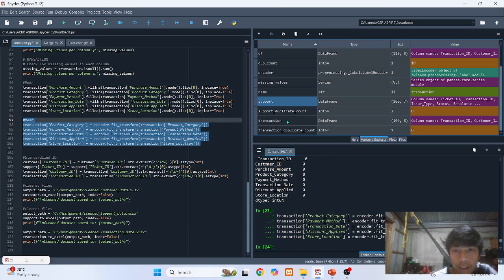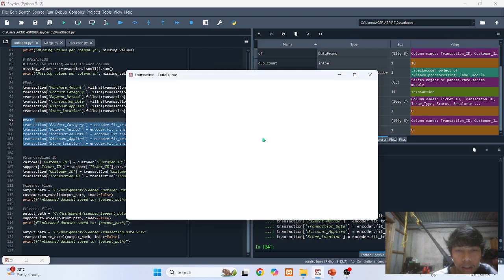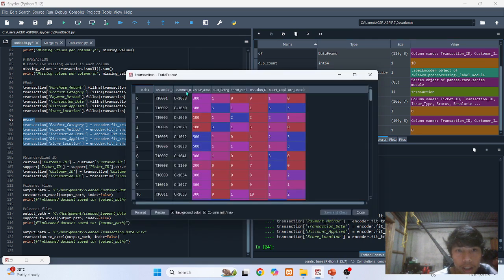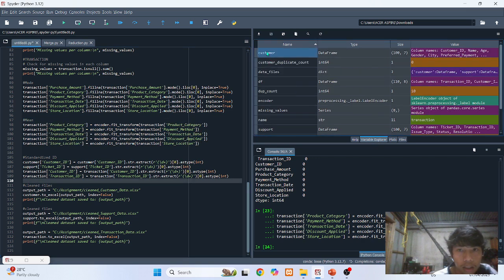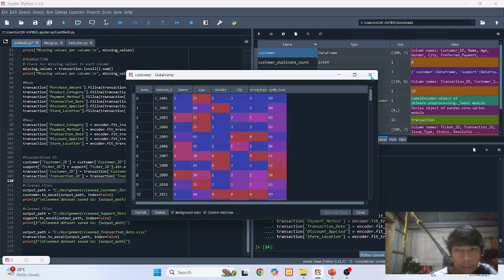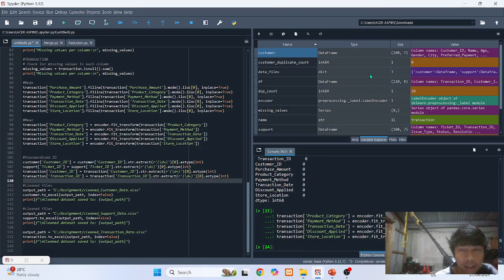And also in the transaction, the transaction ID and the customer ID are categorical. So we need to make the primary keys of all the datasets uniform in order for us to merge the datasets correctly. First, standardize all the IDs, starting with the customer. We need to standardize the customer ID, so we need to make it numerical. So we run this code.